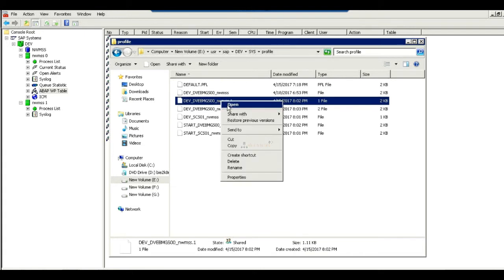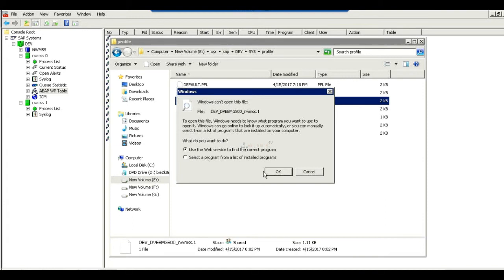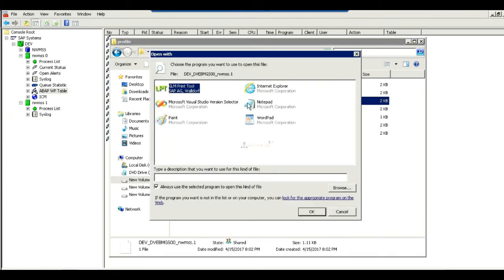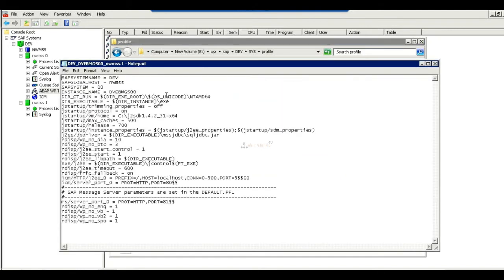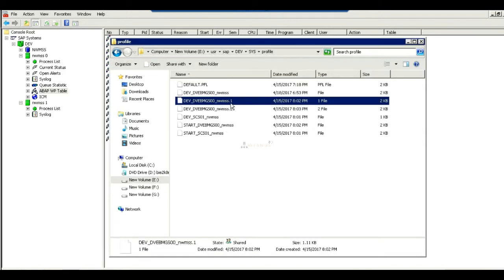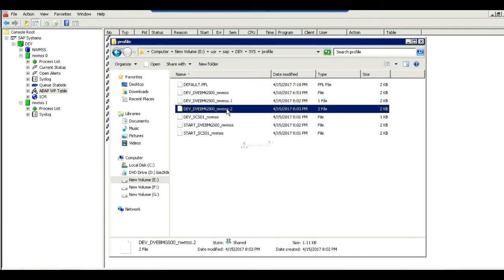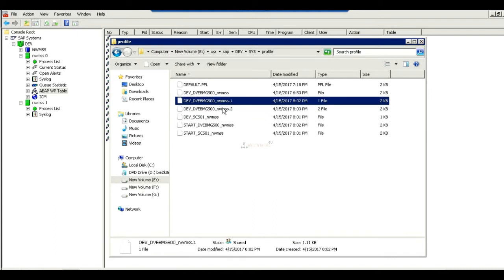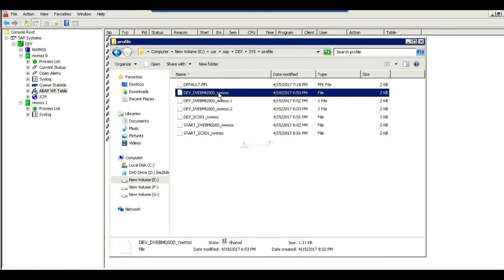If we open this in Notepad, the same information is there, but the naming convention .1 means this is a backup of this file. We don't use these files. These are not the original instance profile. This is the original instance profile.